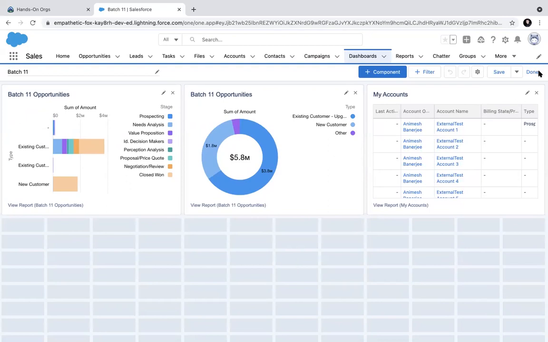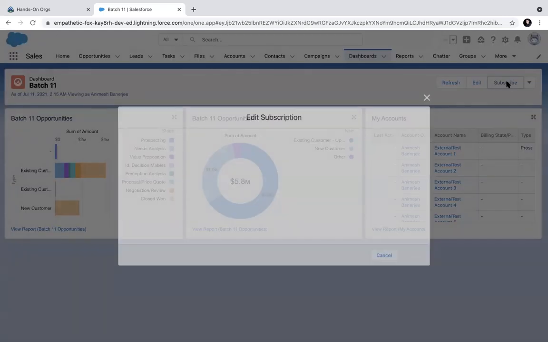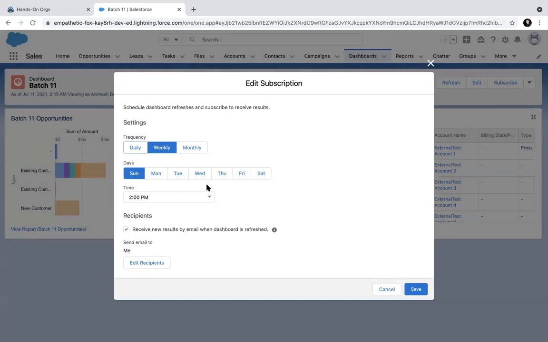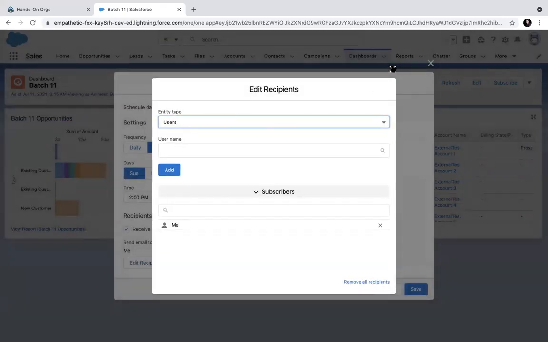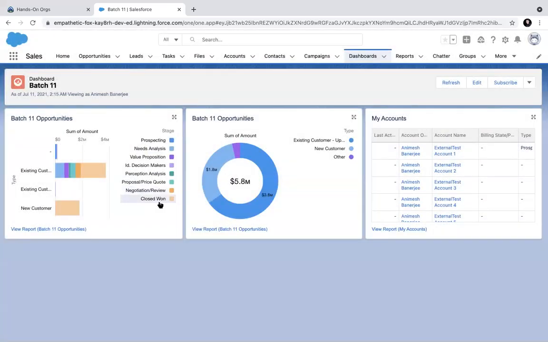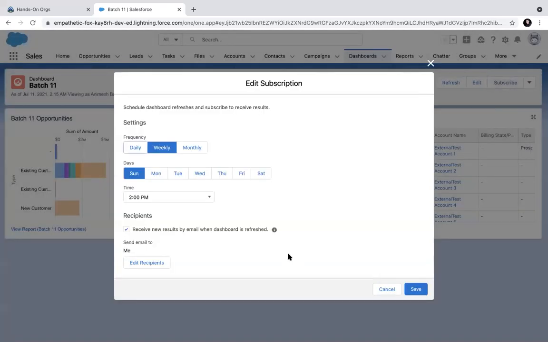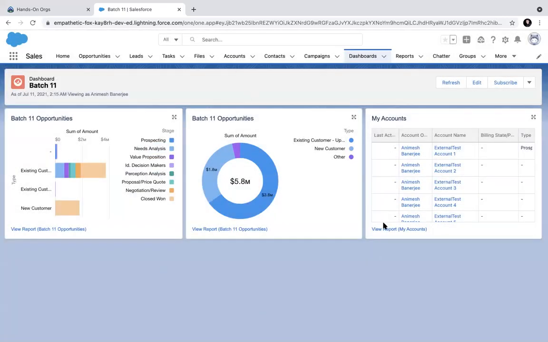If you want to subscribe, you can also do that. So if you subscribe, you just create the subscriber. Since this is already static data, you don't need to tell them in the subscription whose context this data should be pulled in, because the dashboard is already saved with a context.